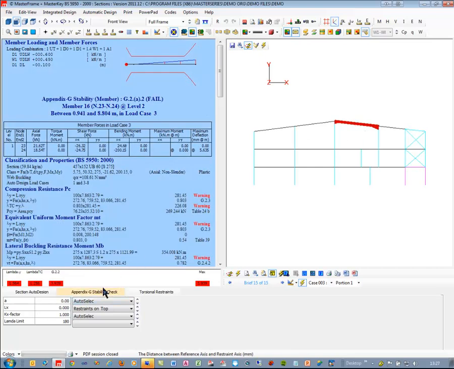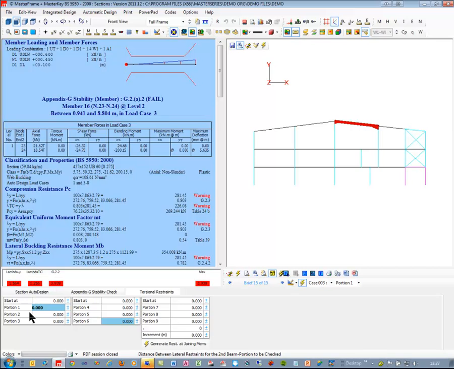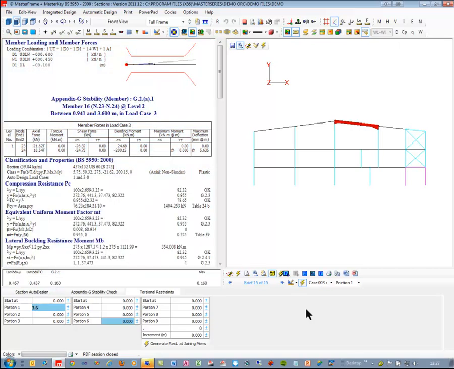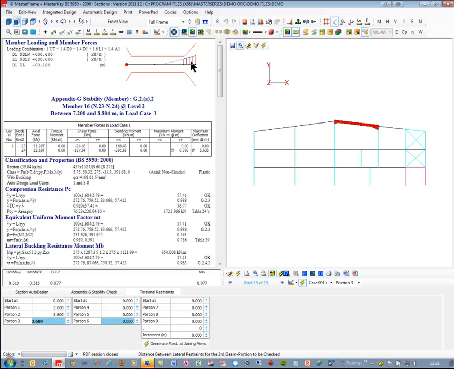And we then need to tell it where the torsional restraints are. So working from this end, we're going to go 3.6 and then another 3.6 and then another 3.6. So there's my first portion there, there's my second, and there's my third. So I would have a stay there and a stay there. Maybe I could get away here actually with saying this one was 7.2